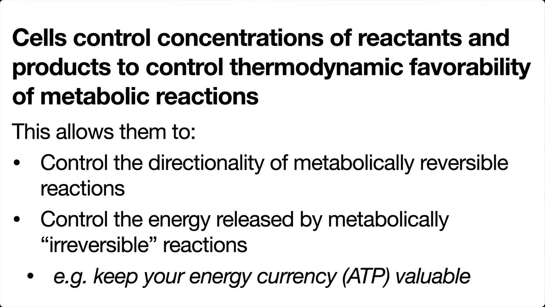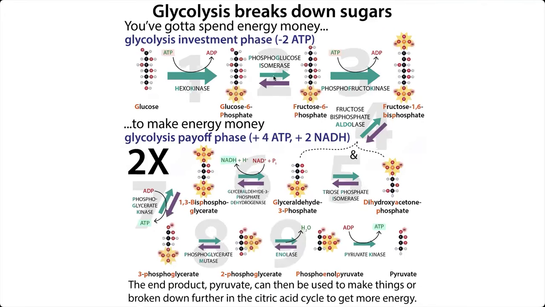And the reason why you got so much energy from the ATP hydrolysis was not just that it was inherently favorable, but also that we were skewing the concentrations so that we keep the concentrations of ATP high. Other reactions of glycolysis that we represent with these reversible arrows, these are going to be metabolically reversible reactions, and so we can control which way things are going by controlling the concentrations.